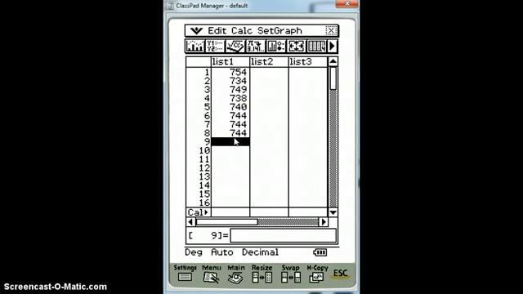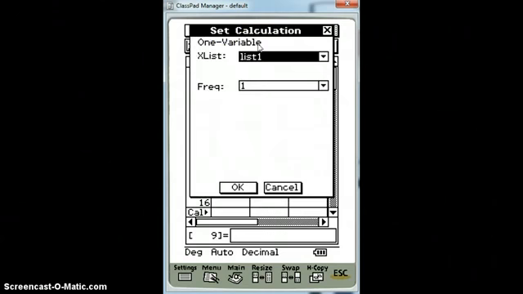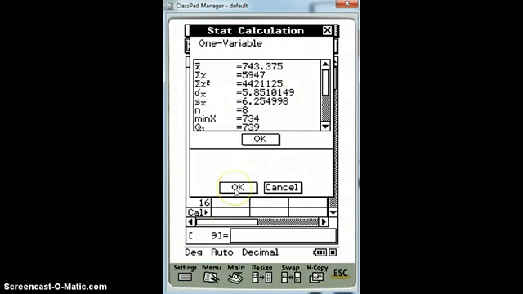Once you've entered your data set, we need to go to the Calc menu. So select that, and then within that menu select one variable. This screen will appear, and we'll just check that the X list, our data list, is list 1, and the frequency of each data item is 1. Once we've done that, we can click OK, and the calculator will give us a whole range of statistical parameters